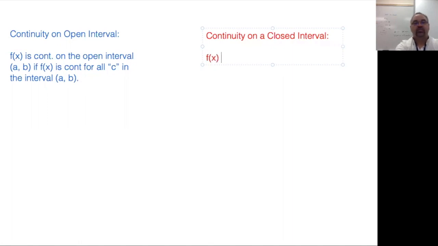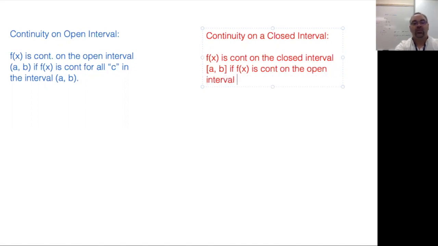F of x is continuous on the closed interval a to b if f of x is continuous on the open interval a to b. And then this is where we ran into the issue, right? Because at the endpoints a and b, we don't have limits. We have one-sided limits only, and so we had to ensure that